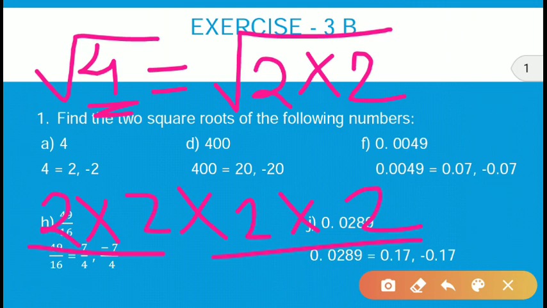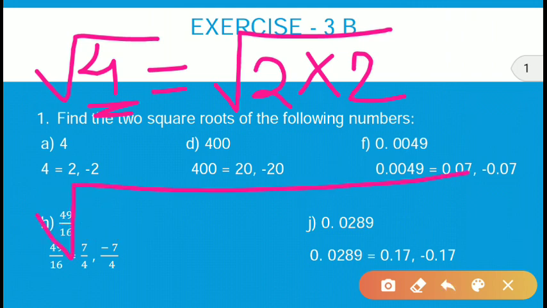Okay, and when you have done with this pairing, from each pair you write only one digit out from the square root. That means, suppose in the under root you are having the number 2 into 2 into 3 into 3. Okay, so first you start making a pair. Pair means both the digits will be the same, and each pair has 2 digits. So this is one pair, this is another pair.